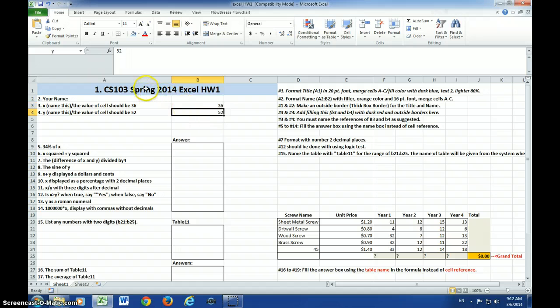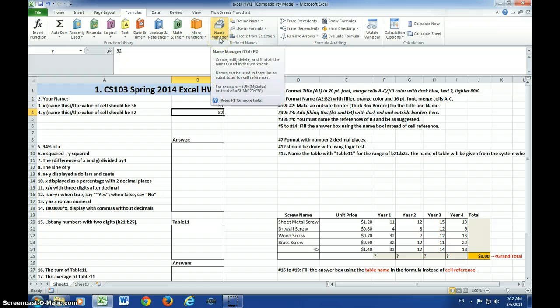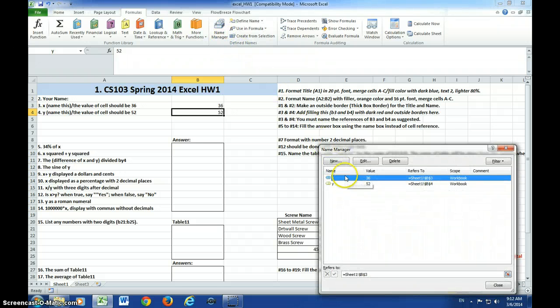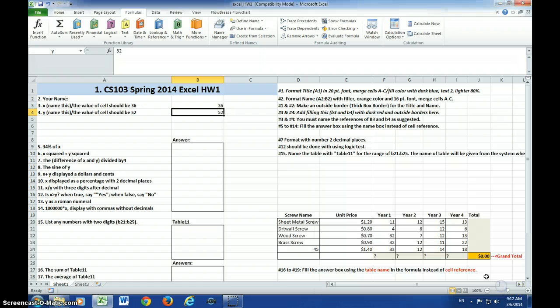If you're curious about where they maintain these names, you can go to Formulas and then Name Manager in Defined Names and click on it, and this is the list of the variables actually named X and Y, and close it down. And then for questions 5 to 14, you need to use those variables named X and Y. So as an example on this one,